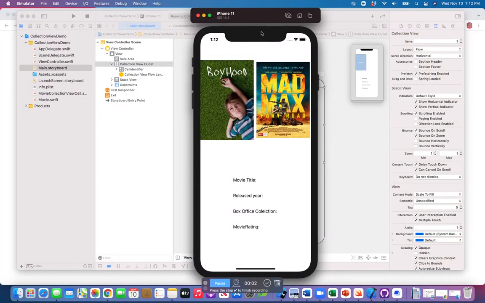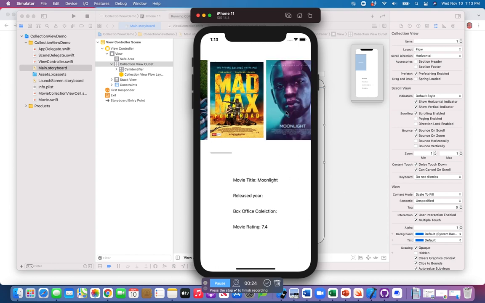Hello all, in this video we are going to watch the demonstration of CollectionView. We have already implemented an app here that uses CollectionView so that you could be able to see different movies are there in the CollectionView, and as soon as I click on one movie, the details of the movie would appear at the bottom. And this is the second movie, and if you scroll down, this is the third movie,